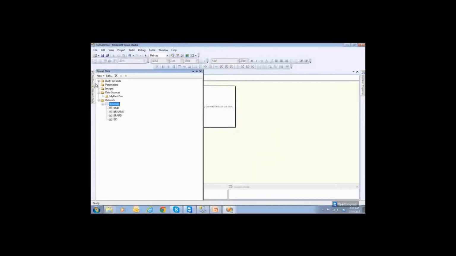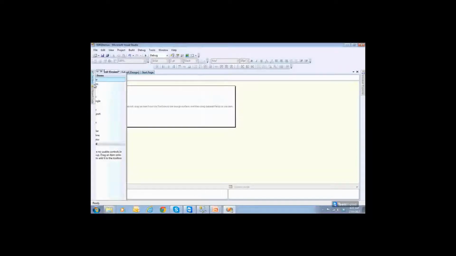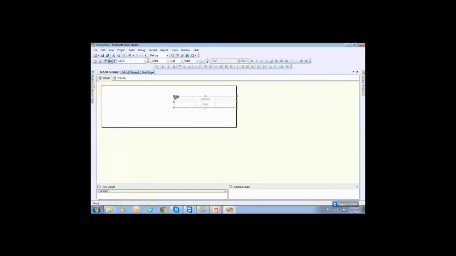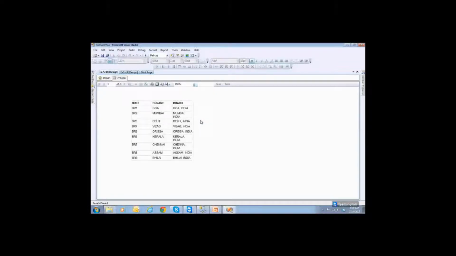This is also fine. Now I'm creating a table report. Go to toolbox and drag and drop a table. Let me choose BRID, BR name, and BR address, all of them. Make it bold if you want to, otherwise leave it. So this is a simple report which I have created, with BRID, BR name, BR address.